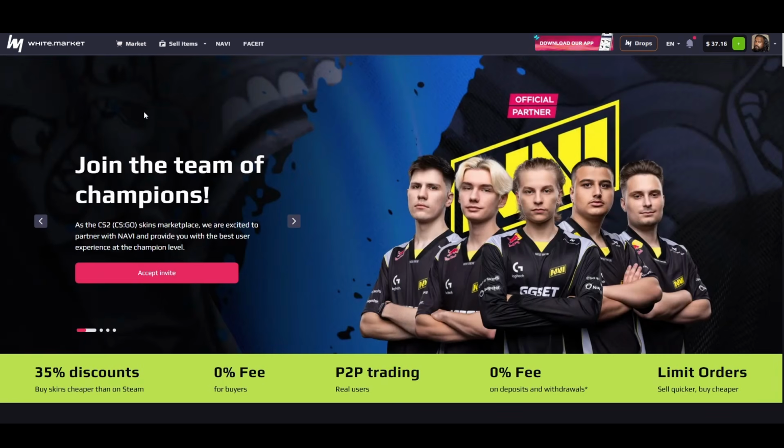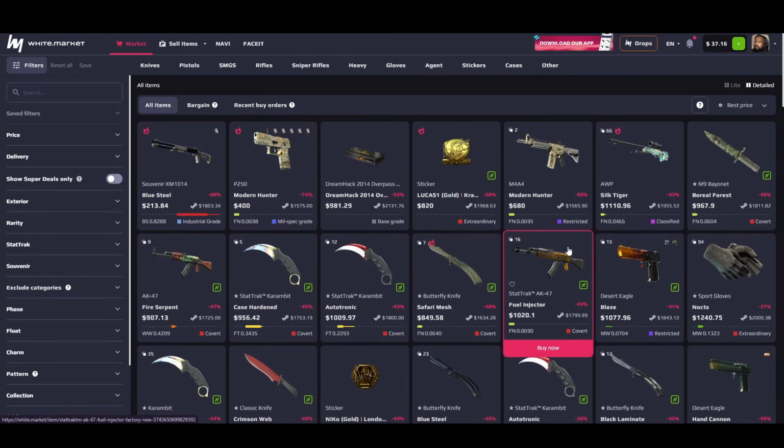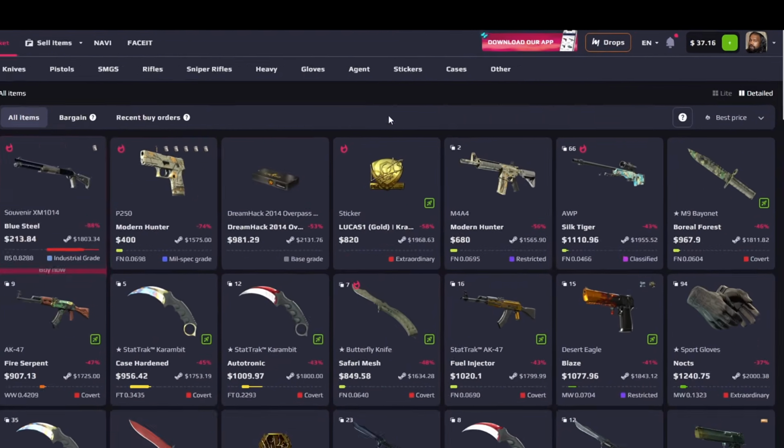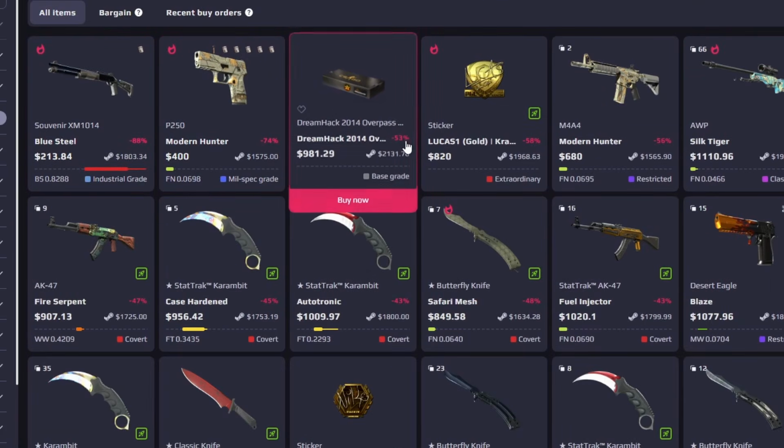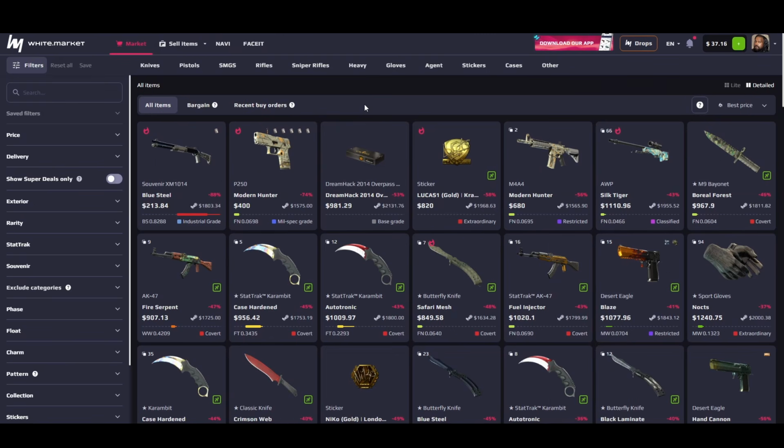Okay, so now we will go to the market tab up here, and we will start to look for some skins we can buy. So I usually sort by best price, because then it's like the most discounted off Steam, which is great. Now I want to get some lower tier skins that I can use for some lightning giveaways